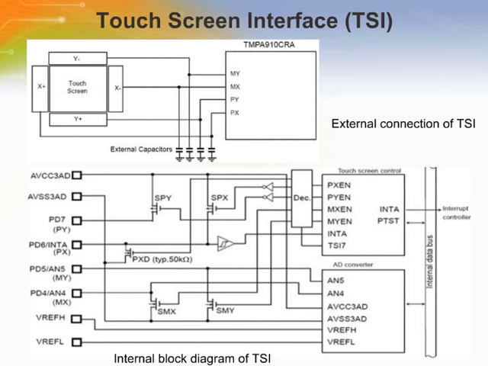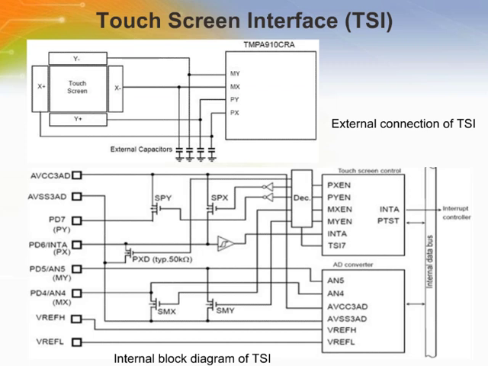When waiting for a touch with no contact, set only the SPY switch to on and set all other three switches, SMY, SPX, and SMX to off. At this time, the pull-down resistor built into the PD6 INTA PX pin is set to on in this state because the internal X and Y direction resistors in the touchscreen are not connected. The PD6 INTA PX pin is set to low by the internal pull-down resistor PXD,